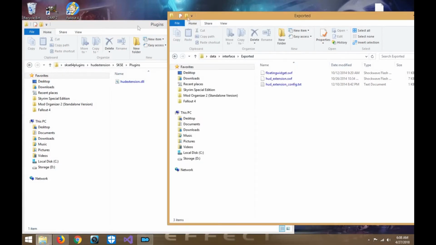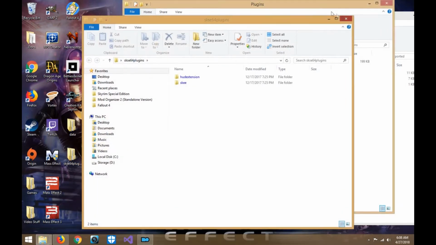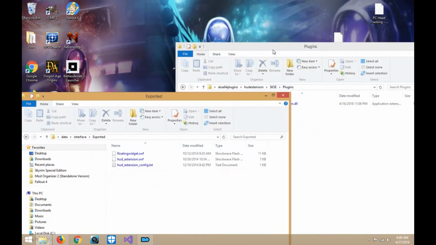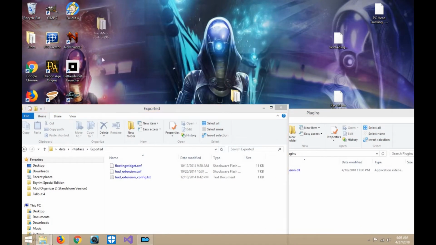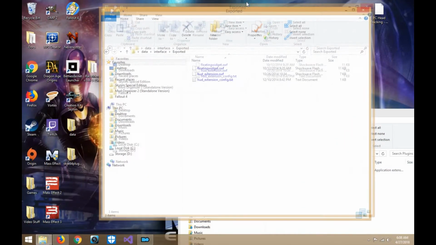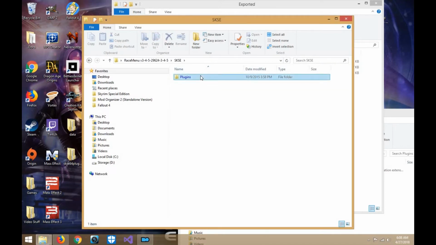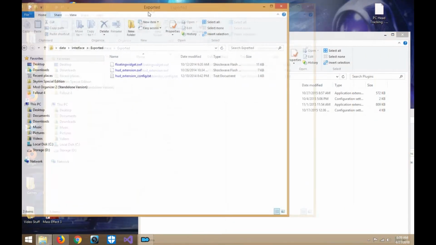So let's go to RaceMenu real quick. Open up that folder. I'm sorry, hold on. Where did I put that thing? Oh, there it is. I don't know why I put it all the way over there. I was dumb. Okay, so let's open up that folder. Under the SKSE64 plugin, you're going to add in,